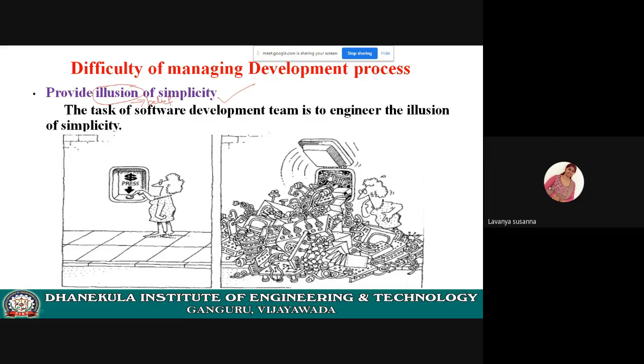This cartoon is taken from your prescribed textbook. The user must feel as if it is very easy to operate the software. He should not feel it is very difficult. But as a developer, you know that you are developing a complex system. You should strive to write less code. If you are writing more code, you are making the system very complex. As a developer you must strive to write less code using powerful techniques. Remember that. Here, to provide the illusion of simplicity, the complexity arises.